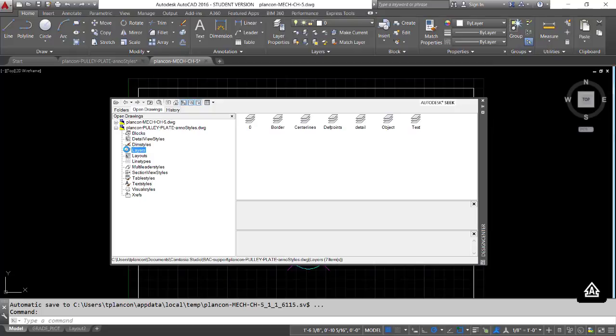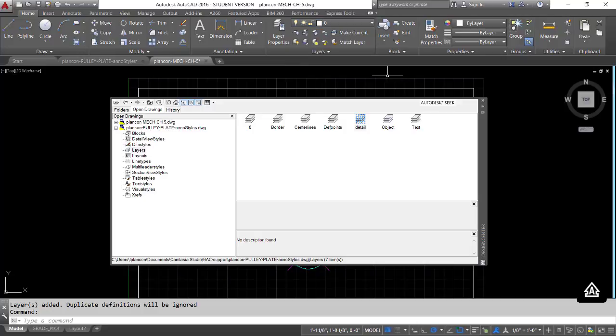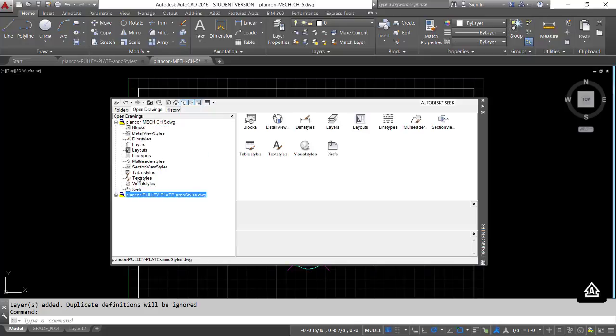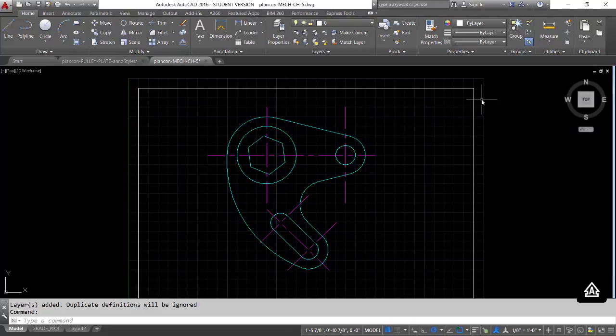The last thing I want to do is take a look at some of the layers in the pulley plate drawing. Pulley plate has all the same layers except for the detail layer, so I'm going to drag that into the CH5 drawing. Now that appears as another layer that I can use in the CH5 drawing. I'll open up the list underneath the mechanical in the Design Center, and you'll see, just like we saw before on the ribbon, that these things are now loaded into the CH5 drawing and are ready for our use. So I'm going to close the Design Center,